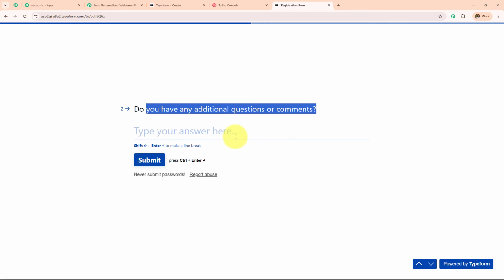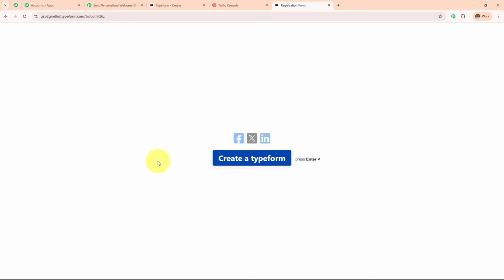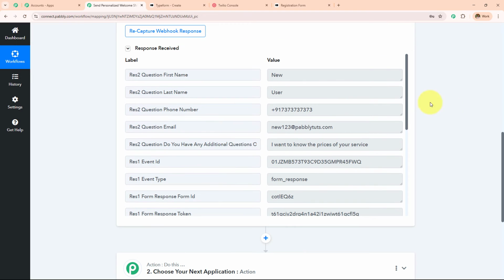Now I'm going to click on this OK. And do you have any additional question or comments? So let's suppose I'm going to write. So here I've written, I want to know the prices of your service. I'm going to click on this submit, and here the form has been submitted and I should receive all the details in my workflow. I'm going to quickly open my workflow, and here in no time I have received the